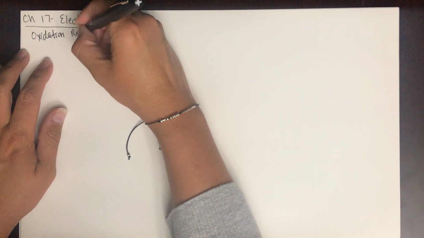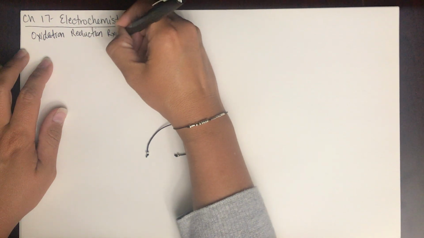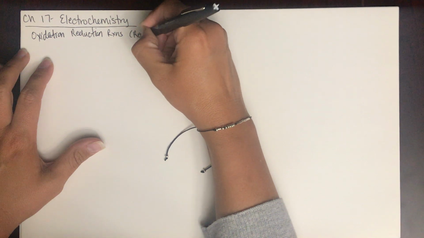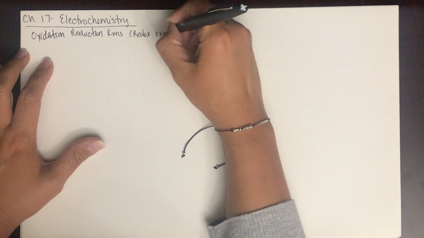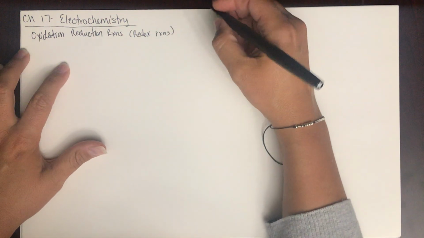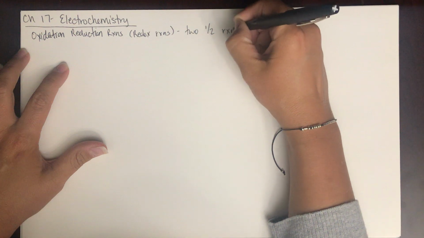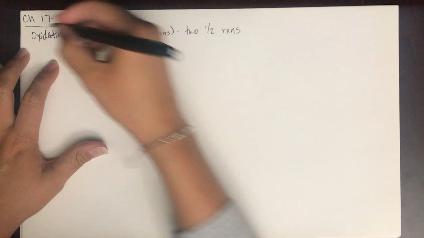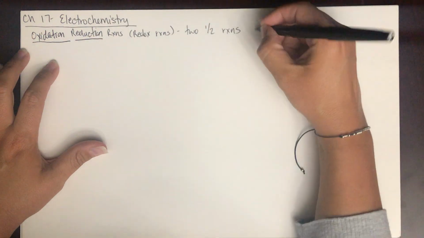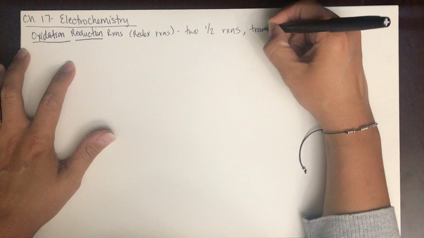Oxidation reduction reactions. They're sometimes abbreviated redox reactions. And they are two half reactions. They're called two half reactions. There's the oxidation part and there's the reduction part. And what's happening in these two half reactions is the transfer